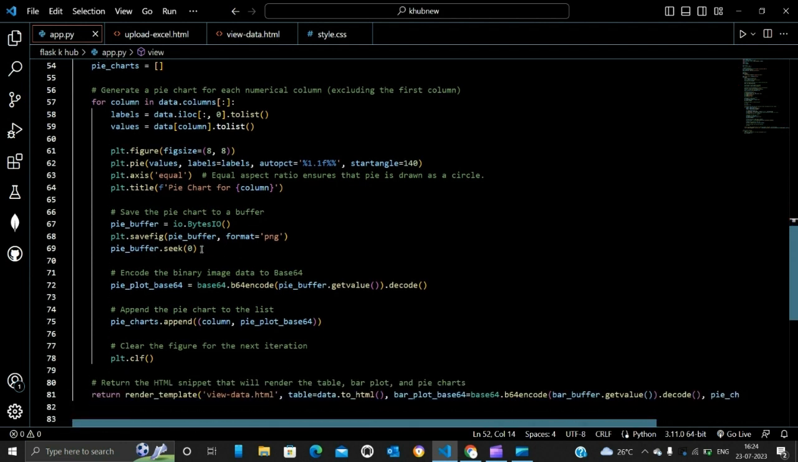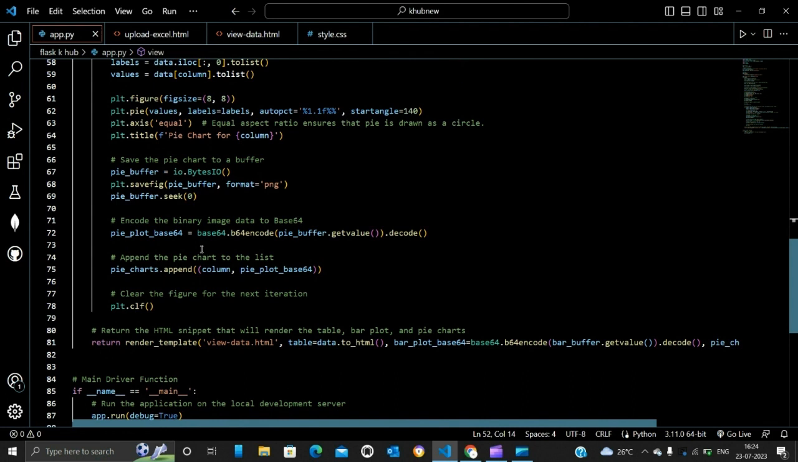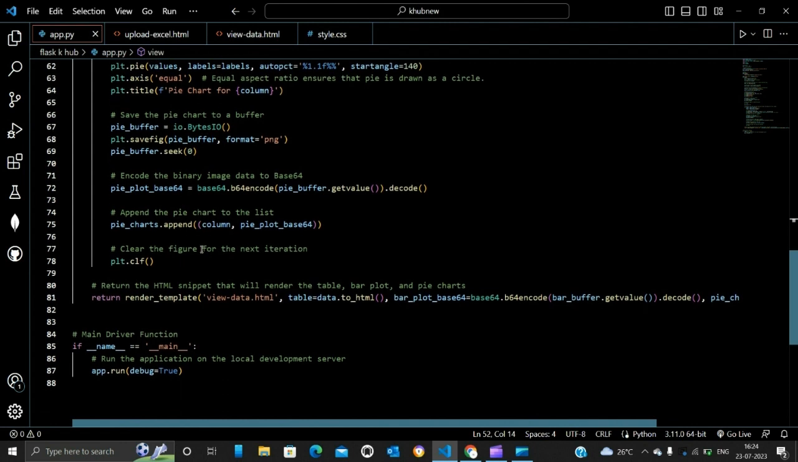Similarly, we did the same thing with the pie chart also. We have converted the chart into a buffer, that is, into image format, so that it can be represented easily on the web page. See, we have done the same. We have converted the image to base64, and then we have added the pie chart